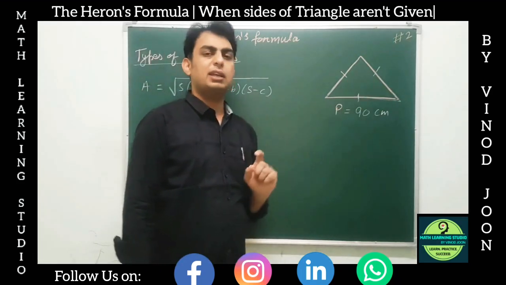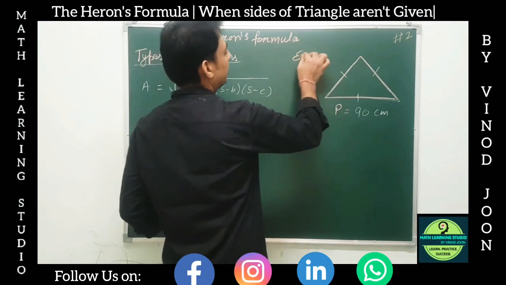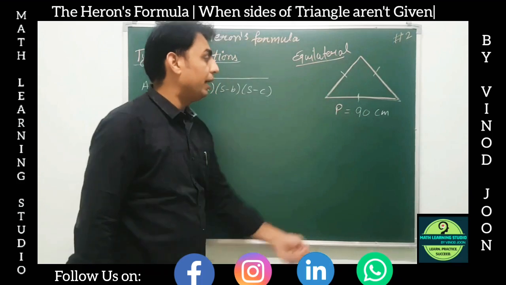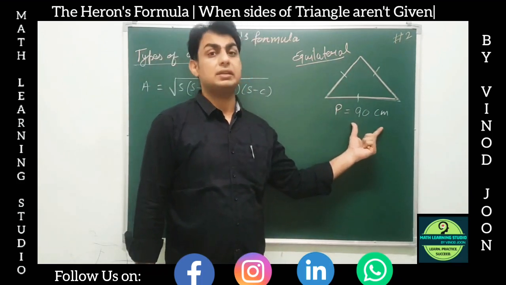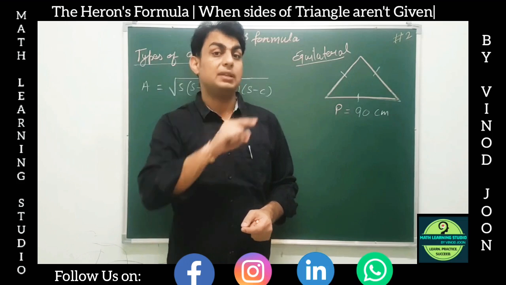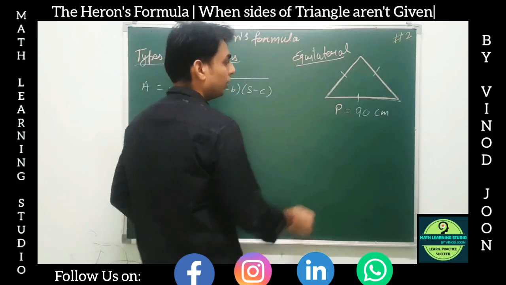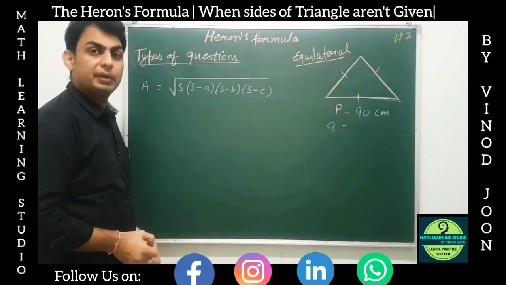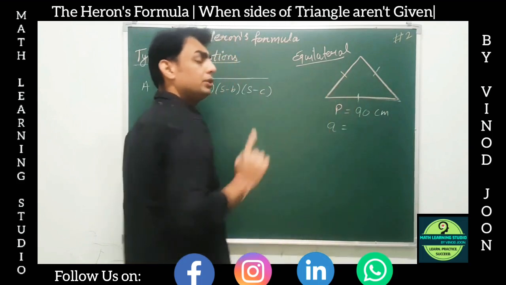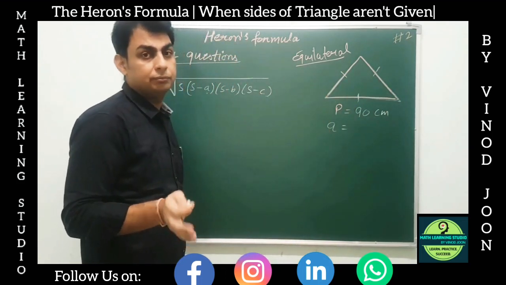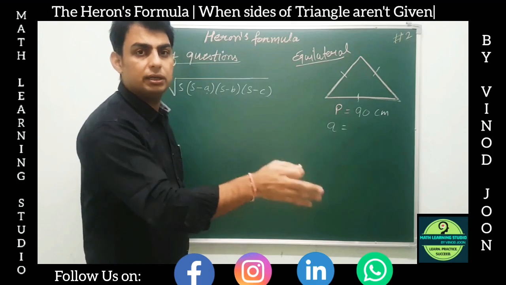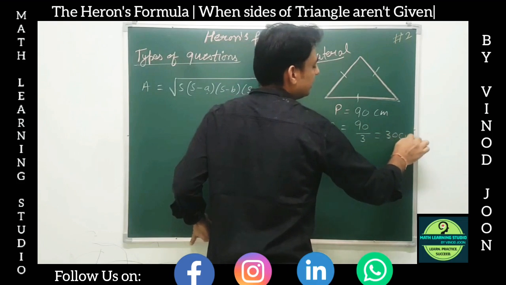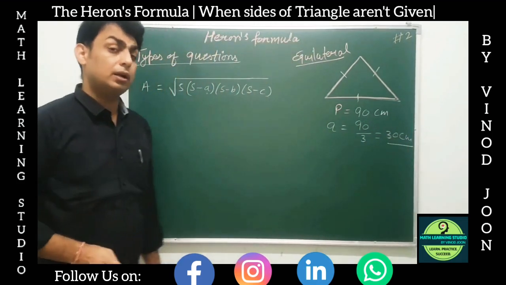Okay, so it's the first example. We can see 3 marks are given on this triangle. It means this triangle is an equilateral triangle, and it is given that the perimeter of this triangle is 90 centimeters. Perimeter means sum of all three sides. So we need to find the side of this triangle. पहले side find करनी पड़ेगी. तीनों sides equal होने चाहिए. Mentally we can find out 90 का सम है, each will be 30, 30 and 30. Formula wise we can say 90 divided by 3, that is 30 centimeter. So each side of this equilateral triangle is 30.